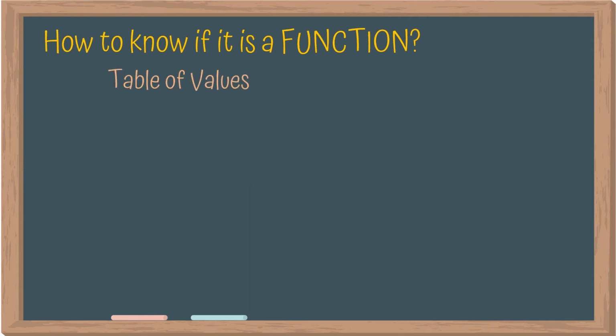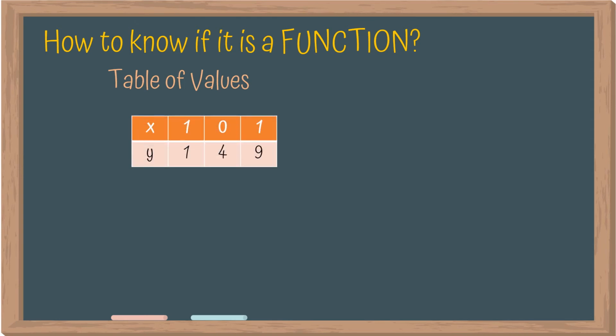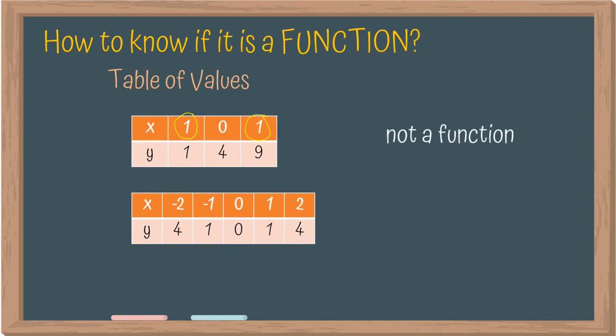Next, how about if we have a table of values, such as this? So, same will be applied as kung paano natin chinek kanina yung set of ordered pairs. Titingin lang din tayo sa ating domain. So, if may naulit na value sa ating domain, ibig sabihin, that given relation is not a function. Okay? Ayan. And then for our second example, we have here, ayan, checking our x values, we have 2,